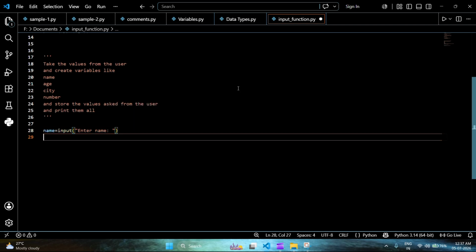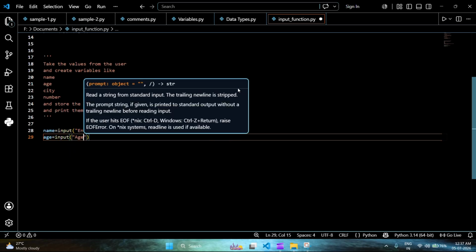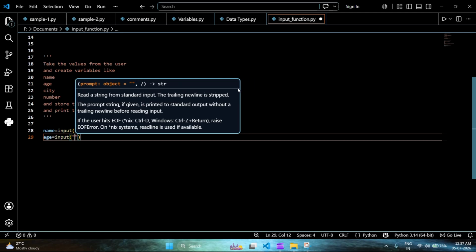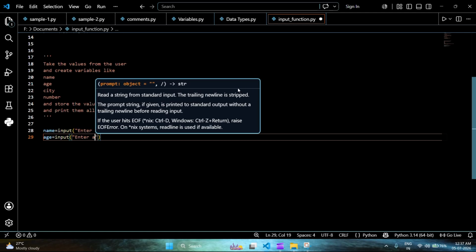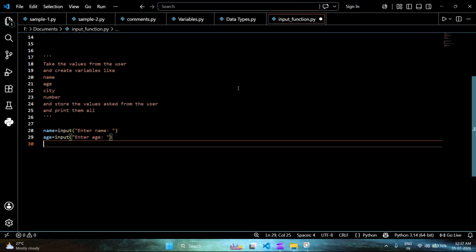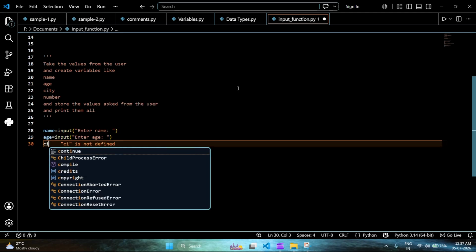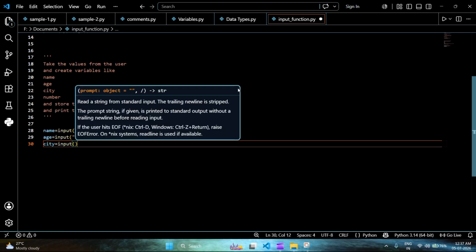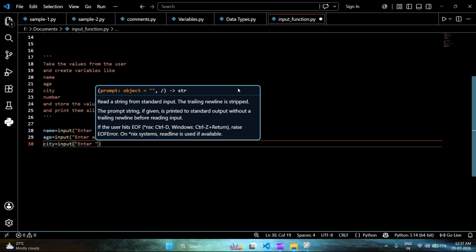After that I go to the next line. Then age, input of enter age. After that city is equal to input of enter city,